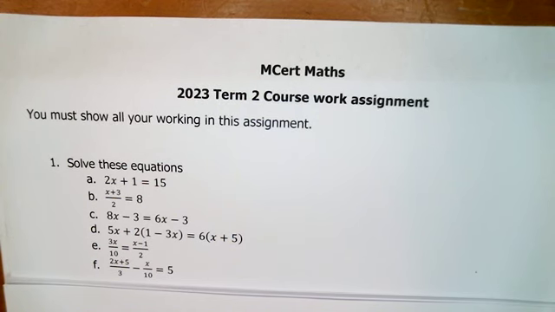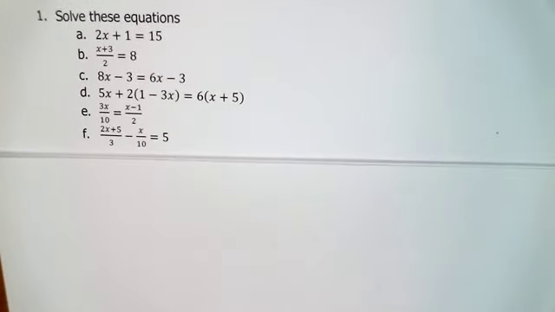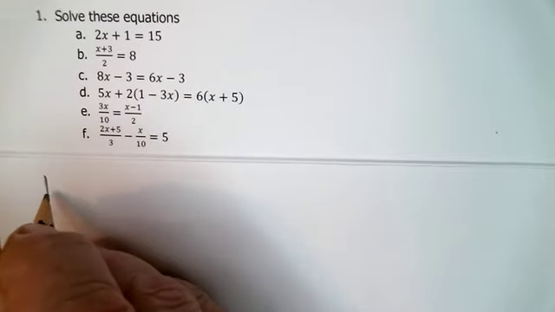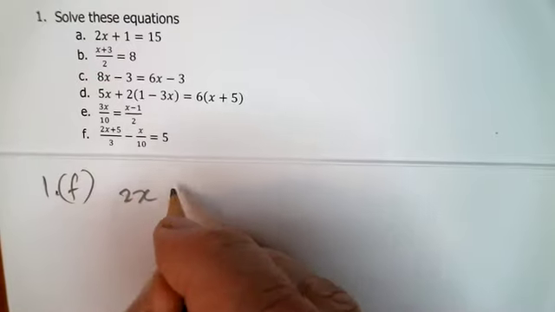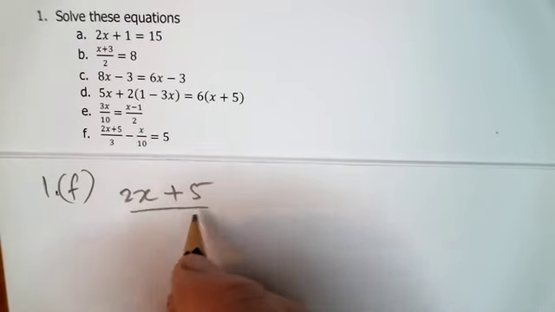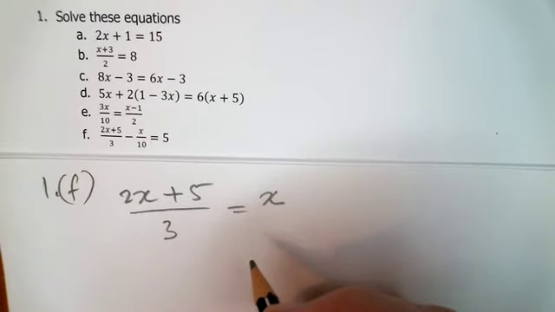This is the MCert 2023 exam prep, I should say. We're just going to go through this now. Question 1F is the one we're up to, and we're solving. So here we go. 1F, and we've got 2x plus 5 on 3 is equal to x